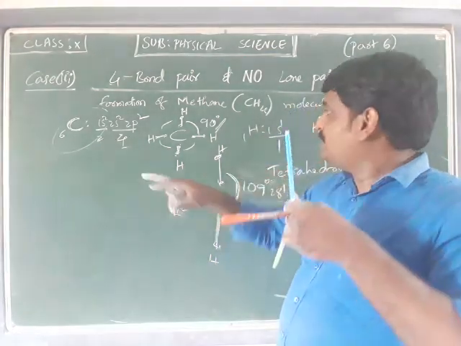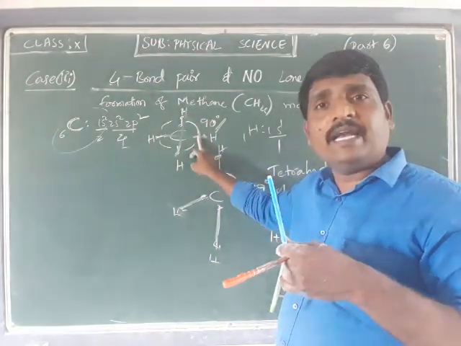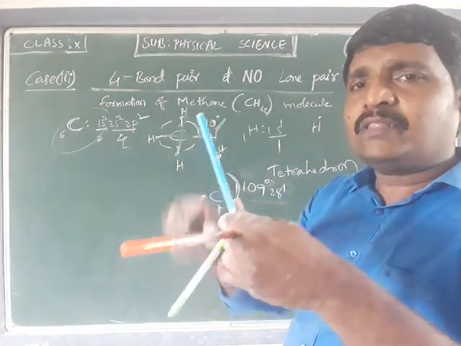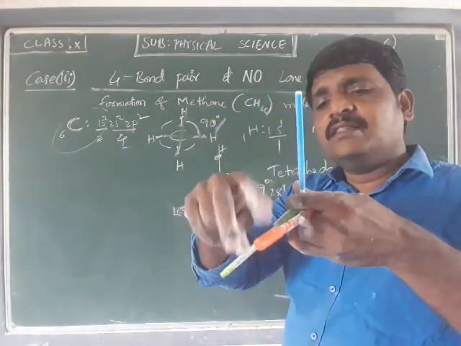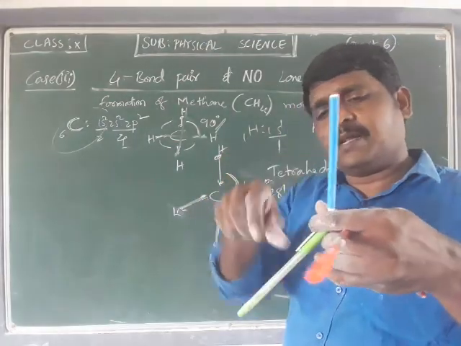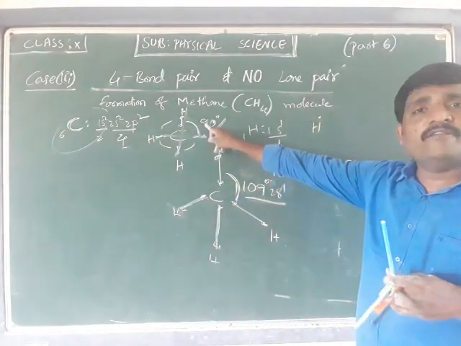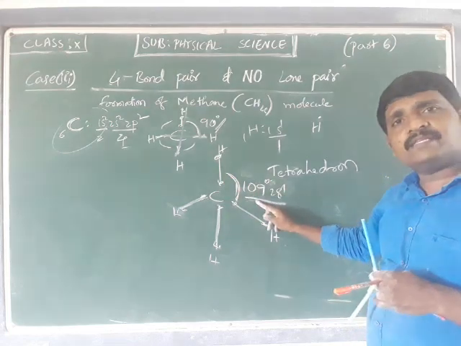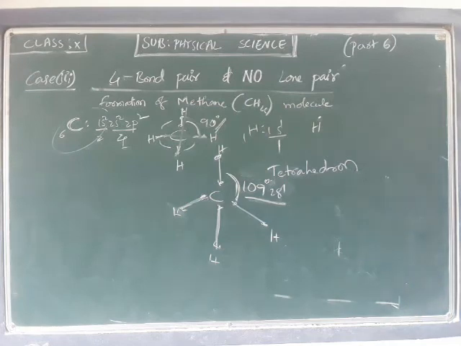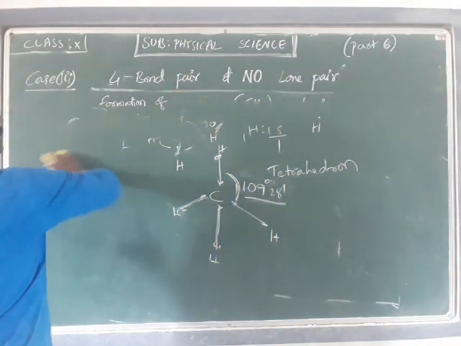Instead of arranging at the 90 degrees bond angle, there is one more three-dimensional arrangement, such that the bond pairs are going to repel each other. Because of the repulsion, they attain 109 degrees, which is more than 90 degrees. So this shape is taken into consideration for the shape of methane. Okay, so no lone pairs.